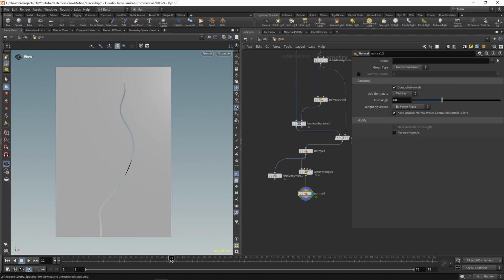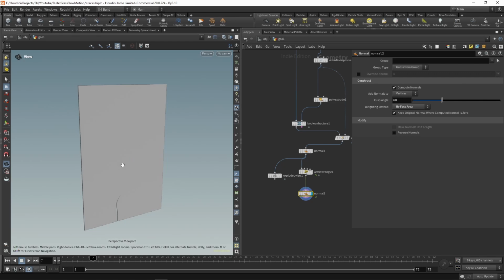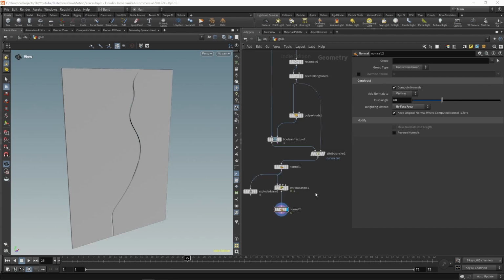And now we have it. I found that by face area works pretty well. Okay, now we have an animated crack, but it's not enough, because if we leave it like this,